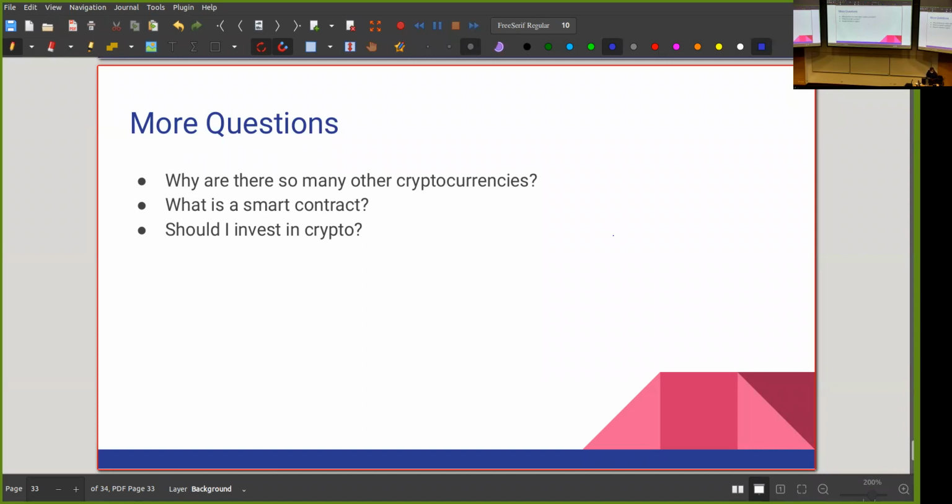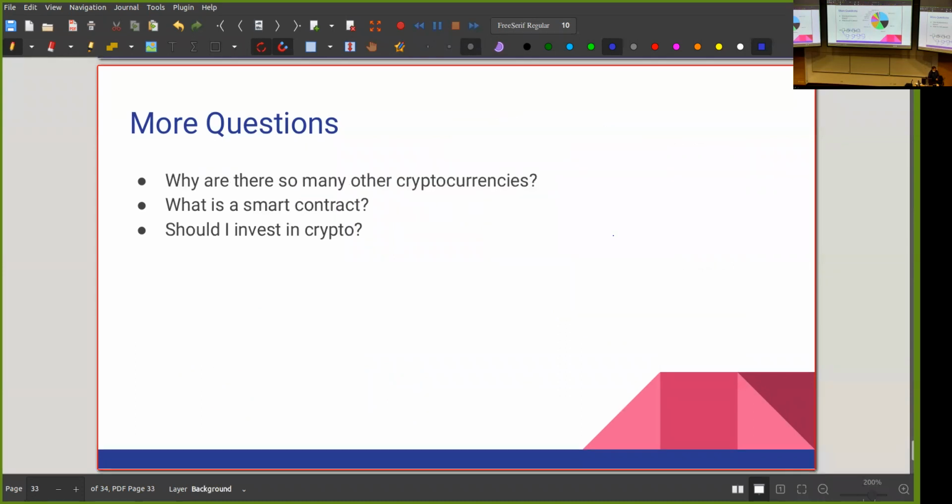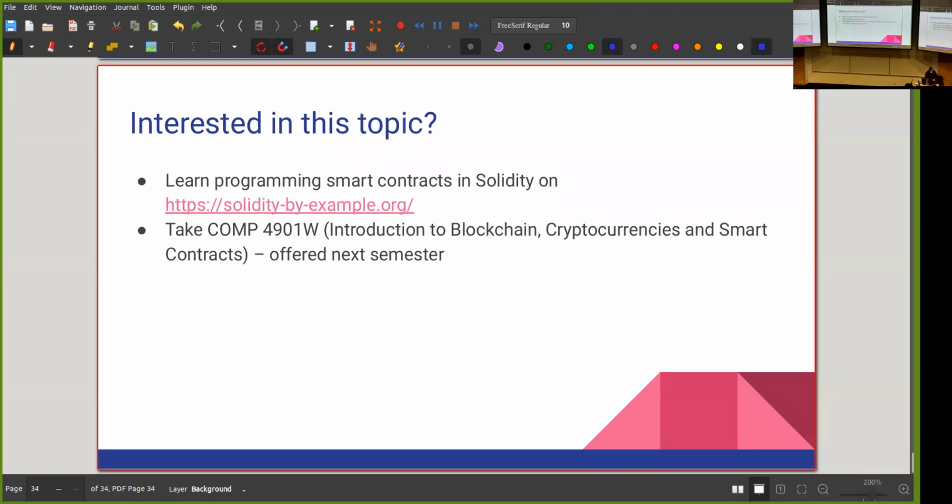Okay. Finally, last question, should I invest in crypto? Personally, for me, the answer is no, you shouldn't. But it's none of my business if you want to lose your money. So do it. But just know the risks. Know that there are 3 guys who can change everything. But if you think that's worth it, if you think you can invest in it and get some easy money, do it. None of my business.